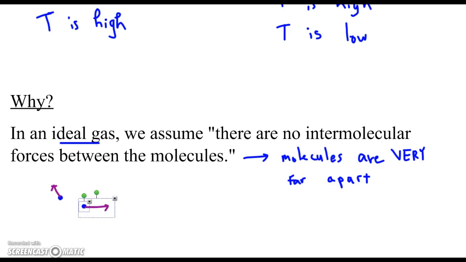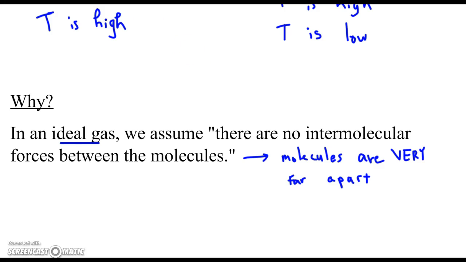But if they're very close to each other, then they will feel significant attraction. They won't continue on their paths, and they'll kind of bend around closer to the other one. We don't want that, because we assume the opposite, that there's no force between the molecules. And so for that assumption to be true, we must assume that they're very far apart,